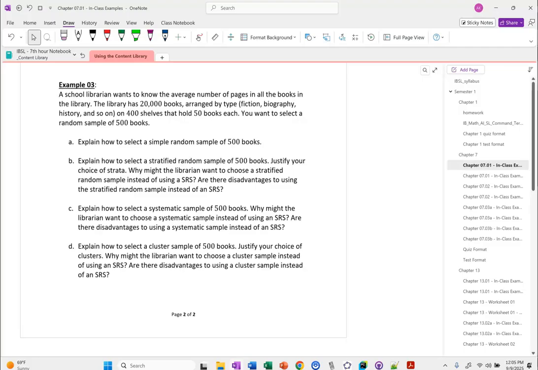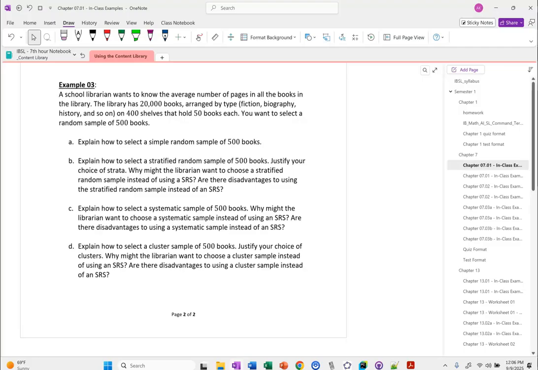Take an even amount from each shelf. That would not be simple random. Okay, so anytime anybody asks for a simple random sample,